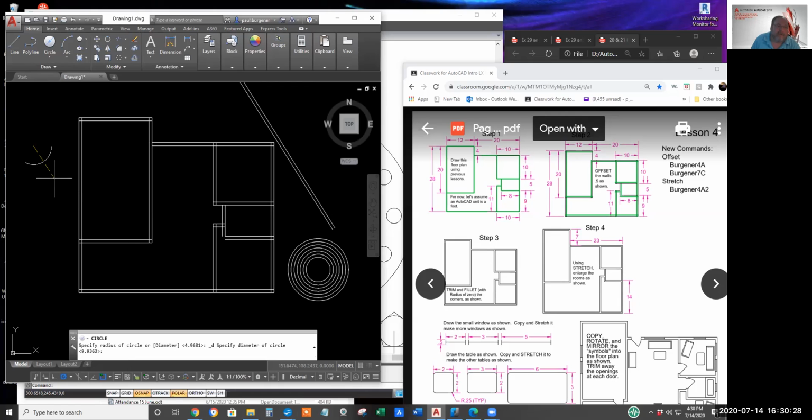You can also trim away a circle. We learned the trim command some time ago, and I'll delete the line. You can also offset an arc, inward or outward.